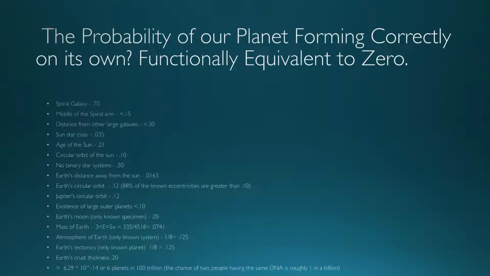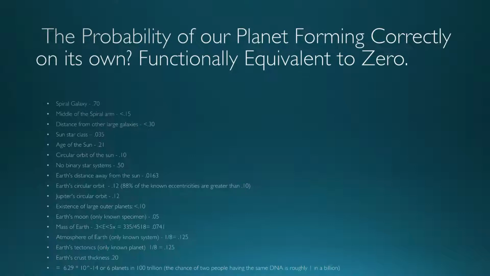You can't be in a binary star system. You have to be the right distance away from the sun. You have to have a circular orbit. You have to have a circular orbit of the large outer planets. You have to have just the right number of large other planets. You know, you have to have a moon to stabilize your tilt. You have to have the right atmosphere of Earth. You have to have tectonics, the water system, the crust thickness, which we didn't get the chance